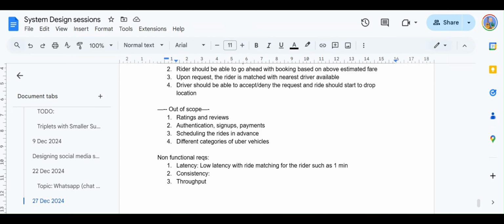And this is a consistency problem, because a driver should not be getting more than one request in parallel at a given point in time. He should get only one request at a given time, and he should be able to accept it, deny it, or ignore it. If he accepts it, then it's fine. The ride is matched, and the rider is matched with the driver.